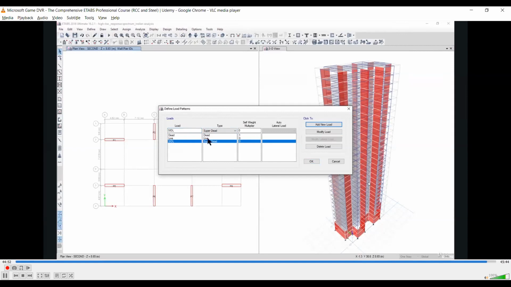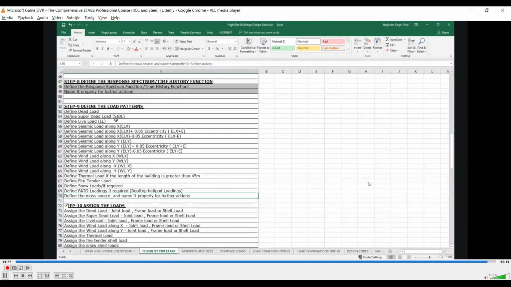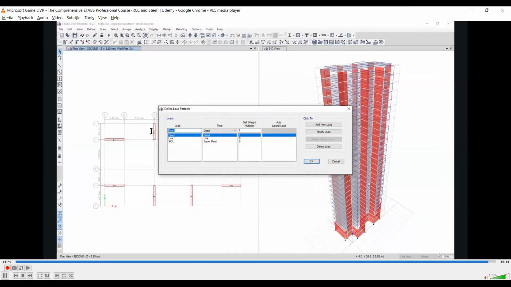Left click on add new load. Live load is by default available. We name them DL, SIDL, LL for easy remembrance: dead load, superimposed dead load and live load.